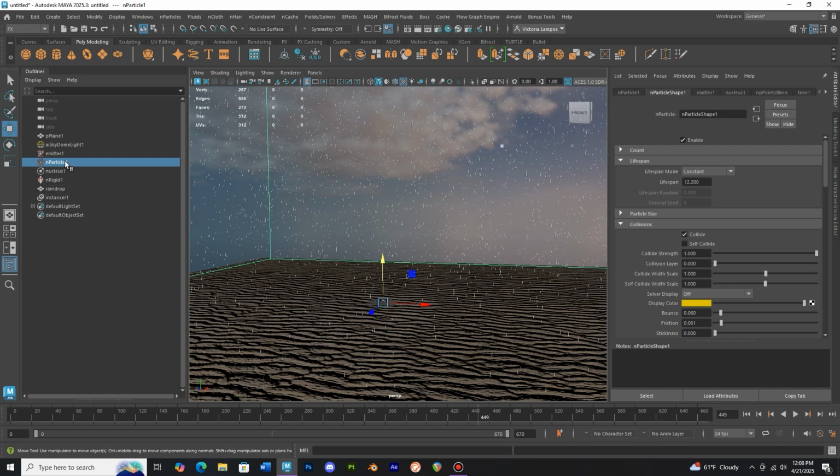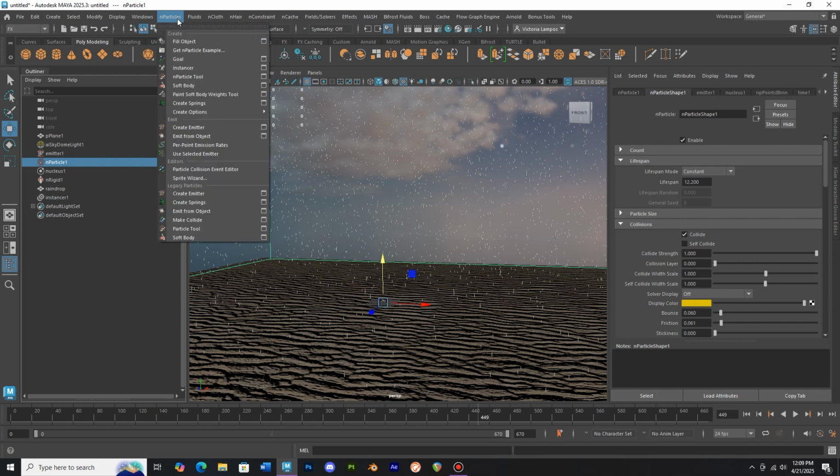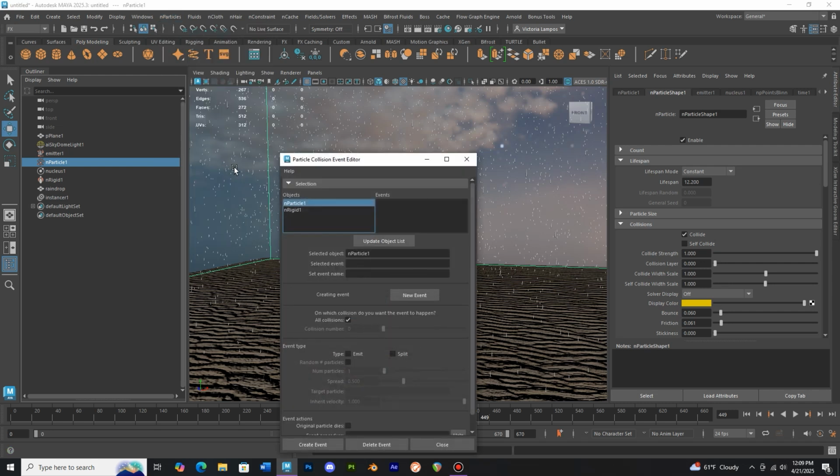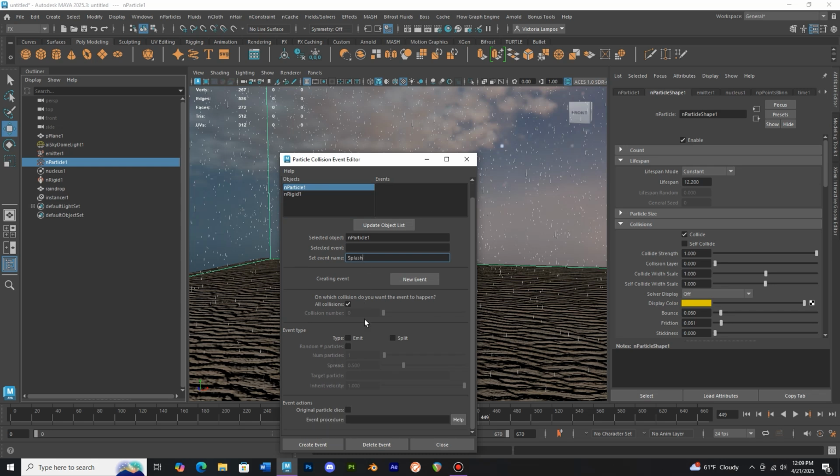So what we're going to do is go to end particle 1, go to end particles, and go to particle collision event editor. Now we're going to set an event name to splash. Event type will be emit. Number of particles will be just 3. Spread will be a lot, and inherit velocity will be about